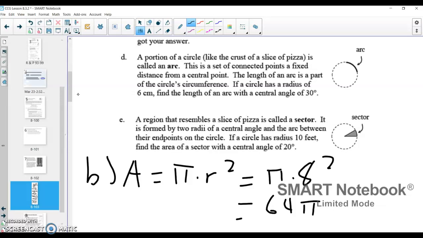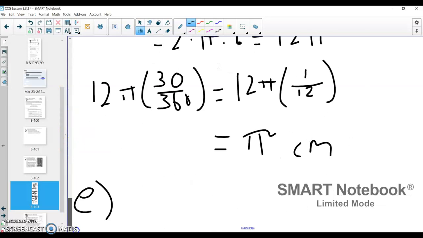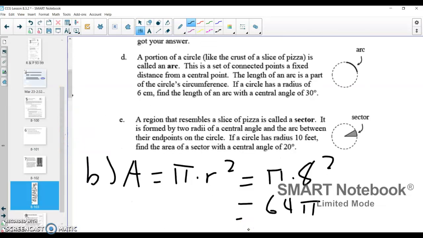And so what we need to do here is find the total area and then multiply it by the portion. We have a radius that's 10 feet, and we know that central angle is 20 degrees, so we'll have 20 degrees out of the total 360 degrees as my portion. We just need to figure out what that total area is first. So if I go down to part E here,